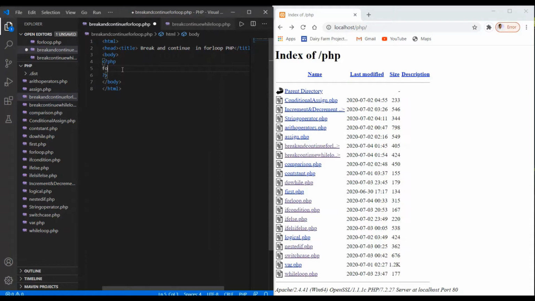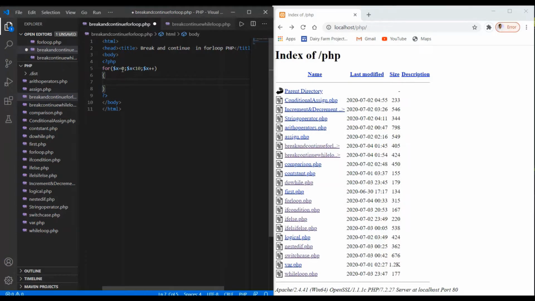For that I'm going to write a line here: for. Here I create a variable, say x, initialized equal to 0, and I would like x to be less than 10, and in the third part I just have to increment this variable by 1, and in the curly brackets I will write the body. This loop displays the values from 0 to 9, that is less than 10, a total of 10 values.